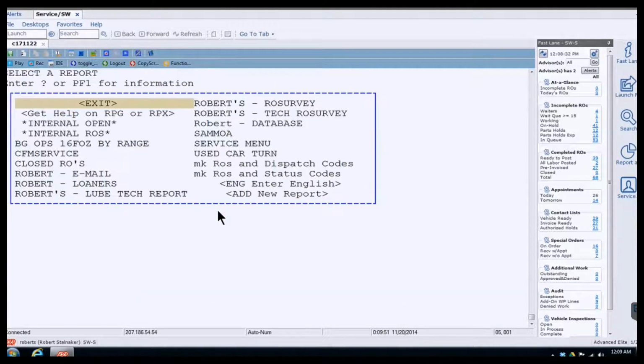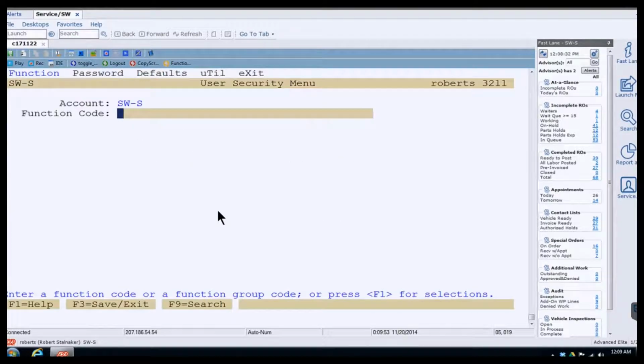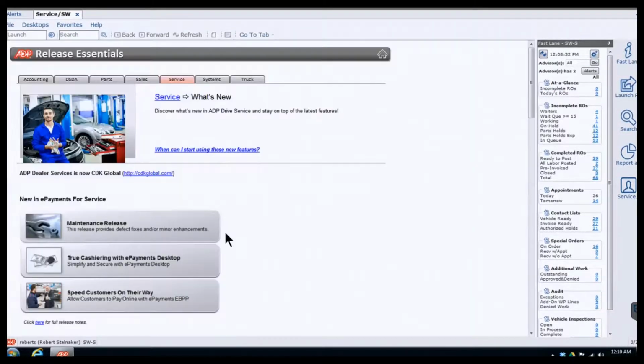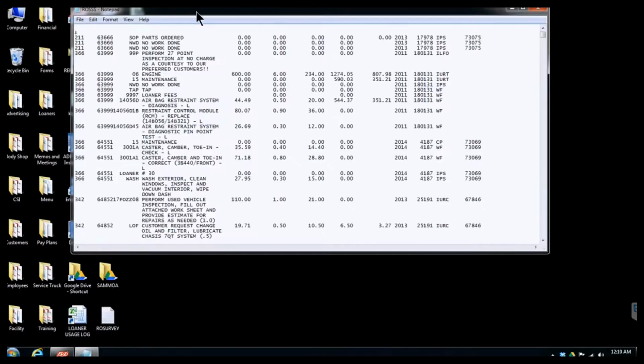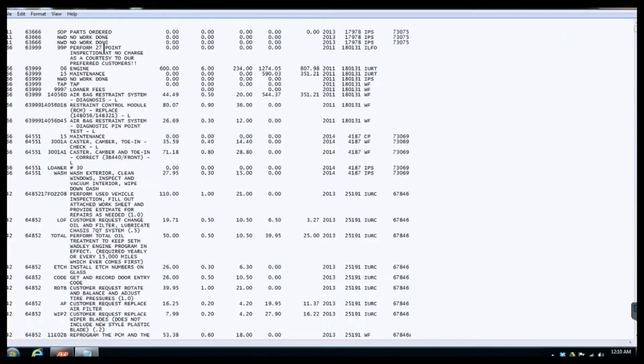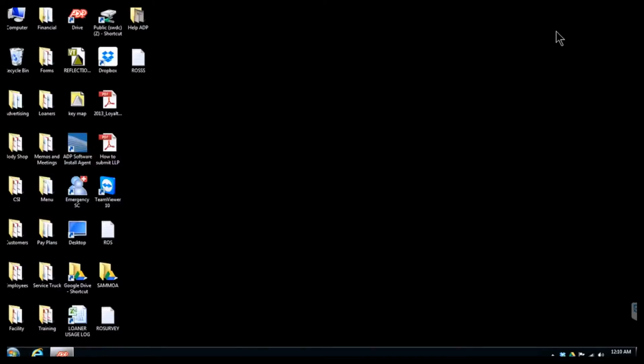Here I just hit Enter, click Exit, and get out of it. And that's how you create and run your report. That's pretty much all that's to it. Right here, I'm looking to make sure. Now I'm going to open the text file, and this is what your text file should look like if it's done correctly. Again, you have to select the output criteria columns in this order, because when the program imports it